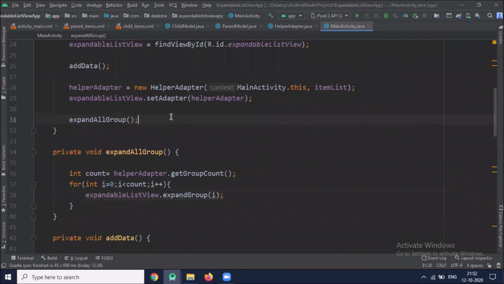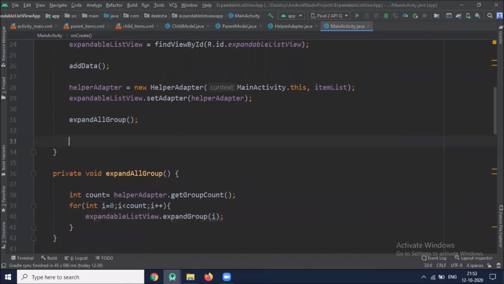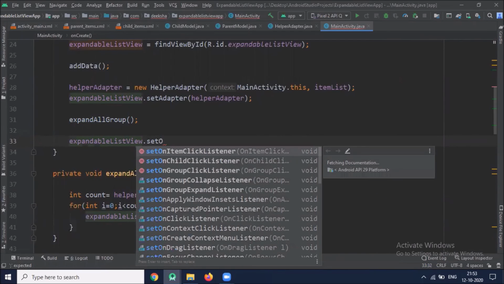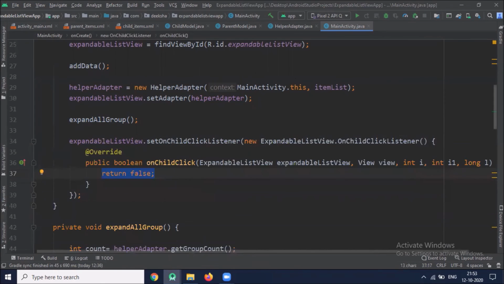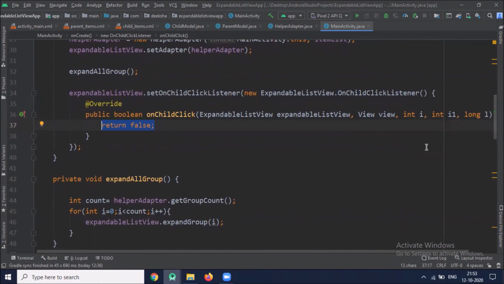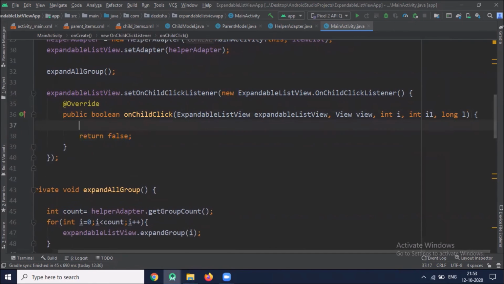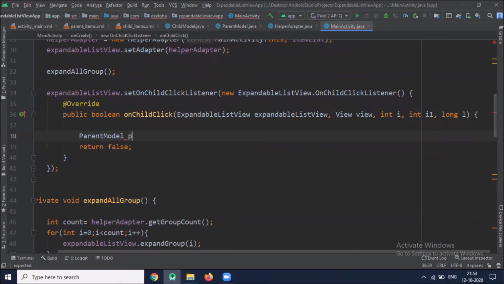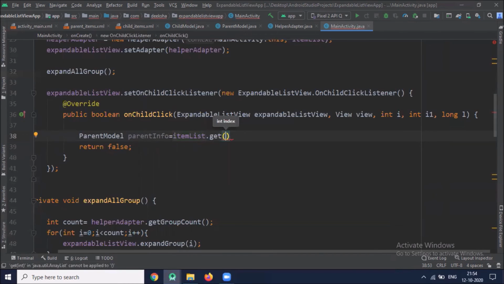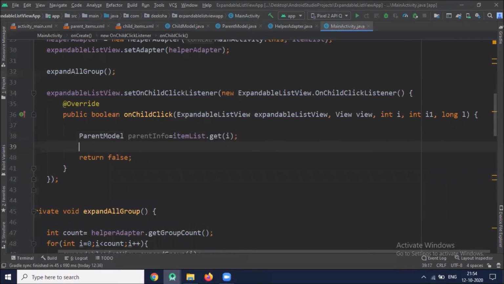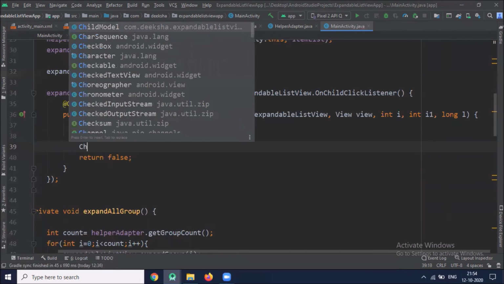Now we will work on the set on click listener for child rows. First we get the parent info. Then child information.